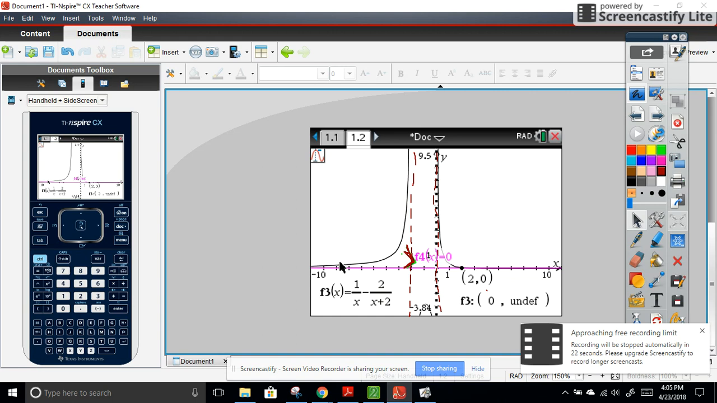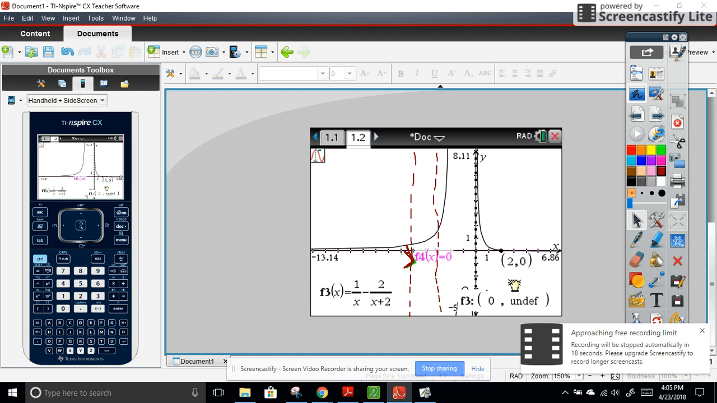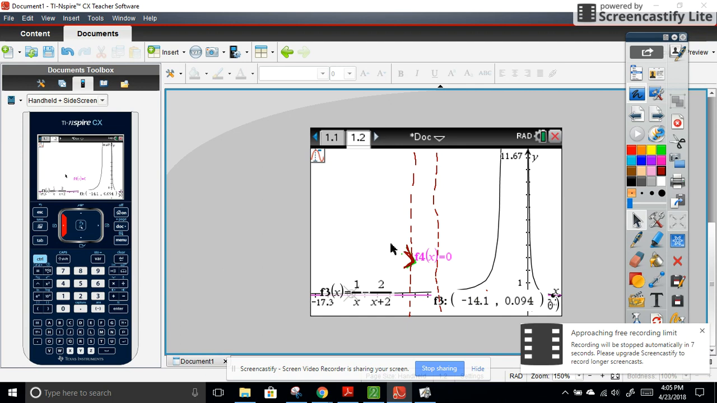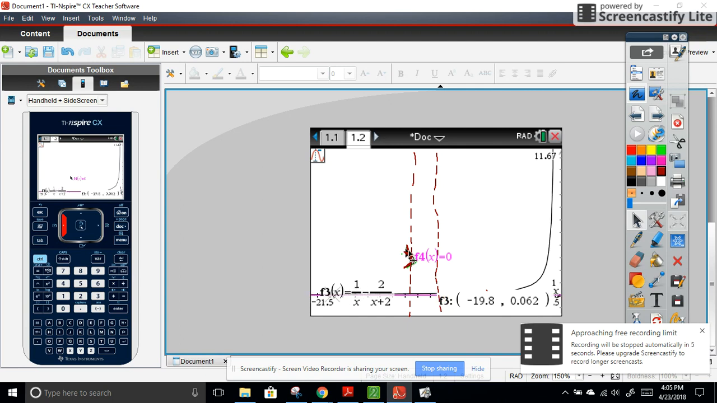And I'm running out of time. So where am I tracing the graph? F3. Why won't it let me trace? There, it's tracing. Okay, so I'm out at... So I don't think